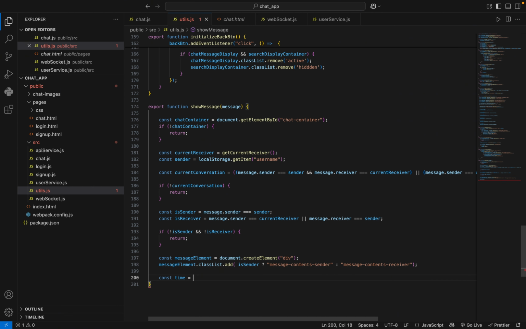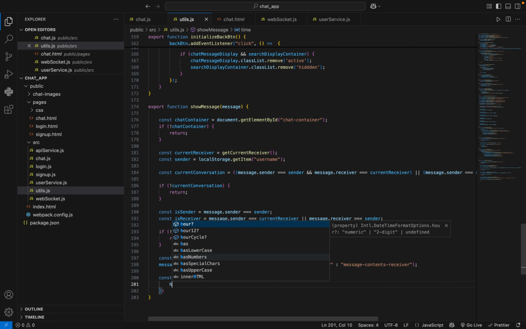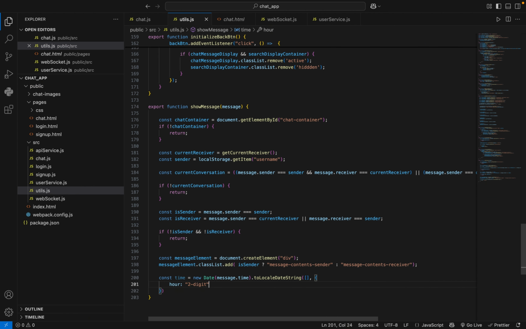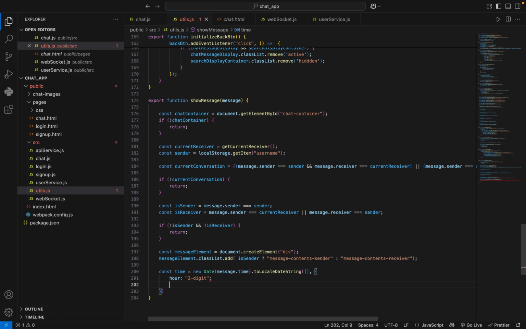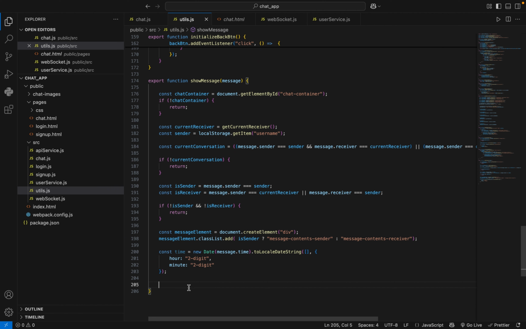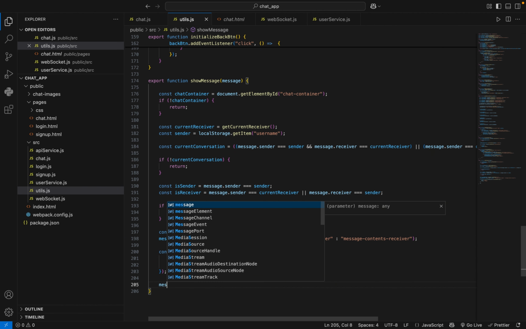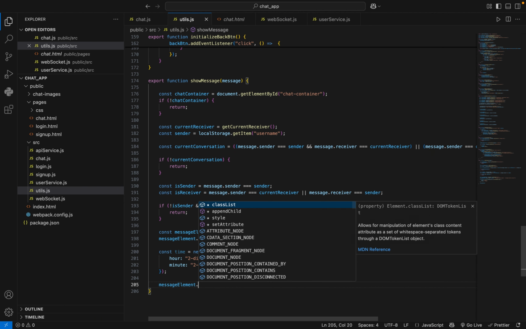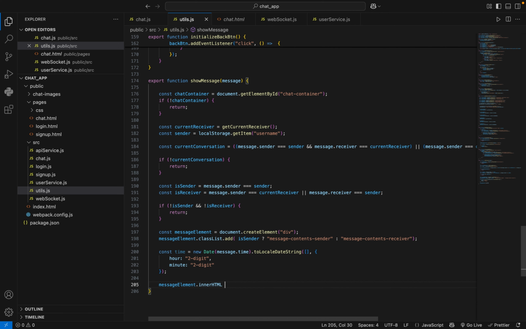Const time will be equals to new Date. So let's say hour, 2 digits like this. Then minutes, sorry, I think this is a comma. Then we'll continue. We say message element dot innerHTML equals to, so we are using the template literal